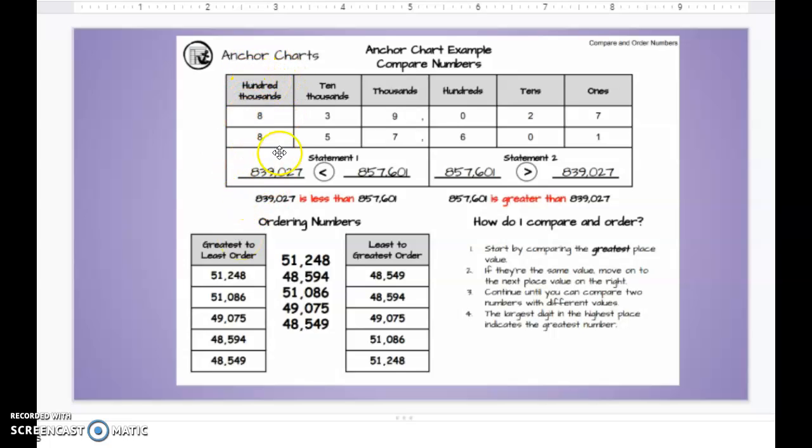So my 100,000s, we have an 8 and an 8. Those are the same digit, so I'm going to move on to my 10,000s because this does not tell me if my number is going to be bigger or smaller because 8 and 8 are equal. And then so I'm going to move to my 10,000s. I have a 3 and a 5. Well, those are not the same digit, so I know that one of them is going to be smaller than the other. 3 compared to 5, 3 is less than 5, so that makes this number